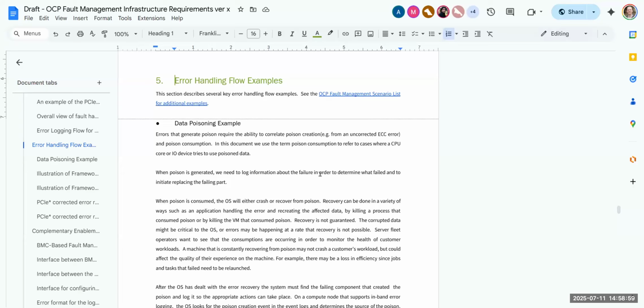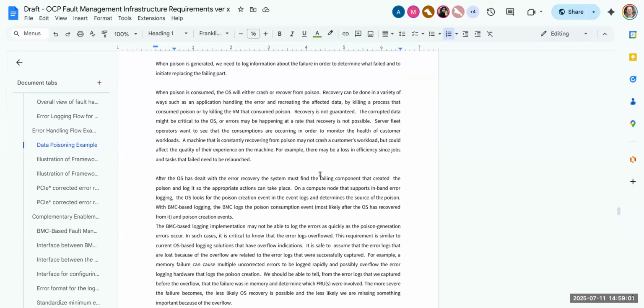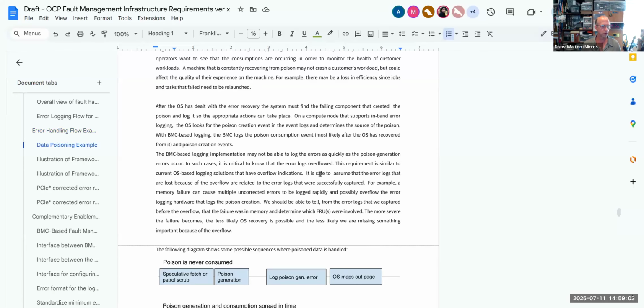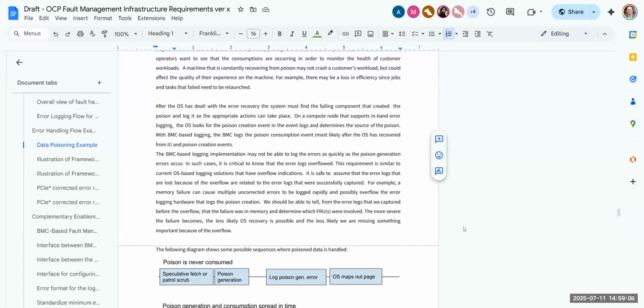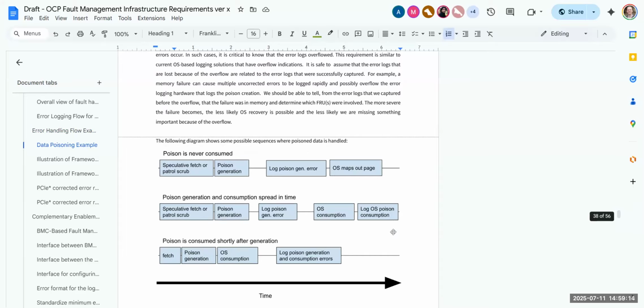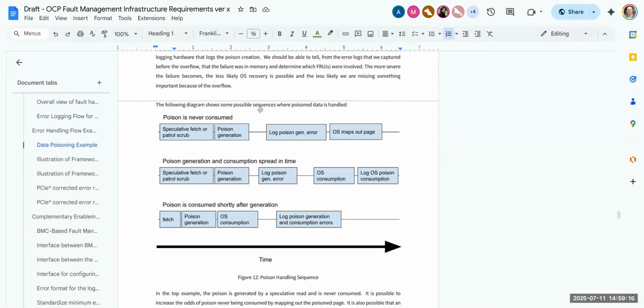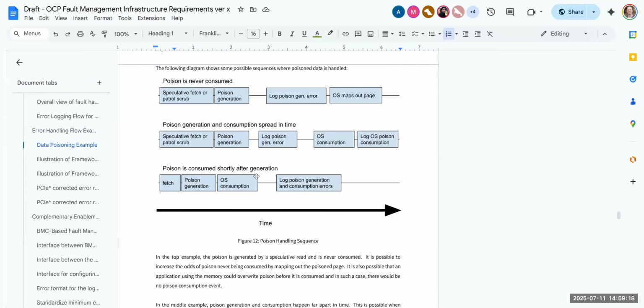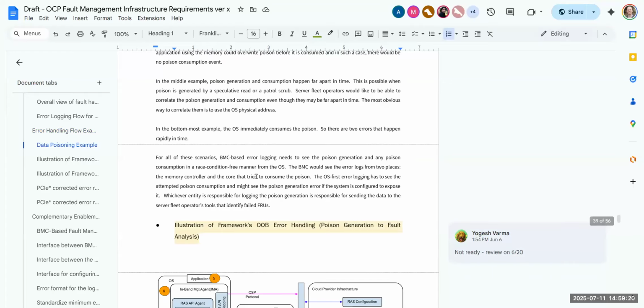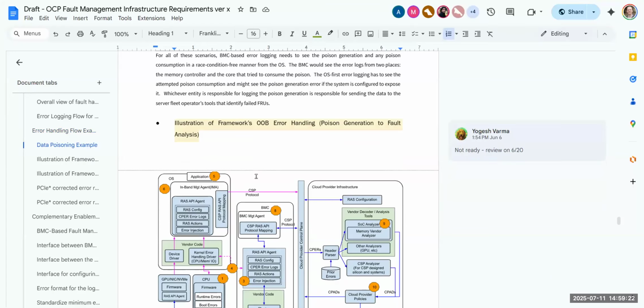We are describing in this section a data poisoning example with illustration of framework out-of-band error handling, which is something we just talked about. Right after that, illustration of framework in-band error handling, poison creation to fault analysis.